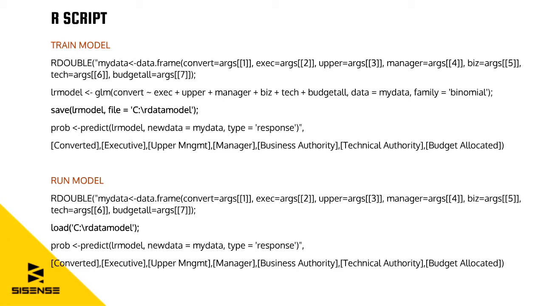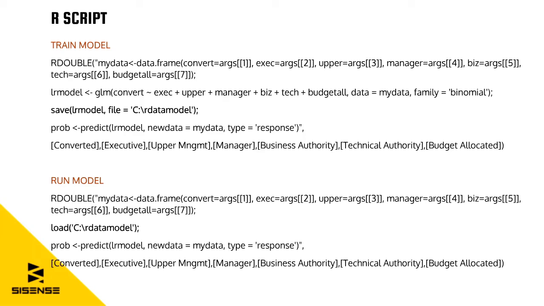The second line where it says LR model gets GLM, that's the model fitting step. That one line of code is going to fit us a logistic regression. And we can see it uses R's formula interface. For those of you who've never used R, the formula interface is how you define a model. You can see after the word convert there's a tilde. What's on the left-hand side of the tilde is your response, or your outcome variable. What's on the right-hand side are your predictor variables. So in this case, we are modeling convert on these other variables.